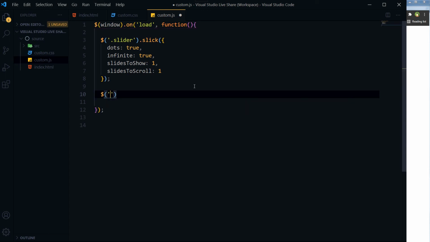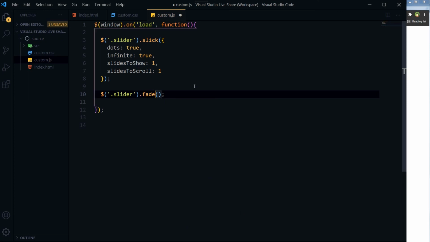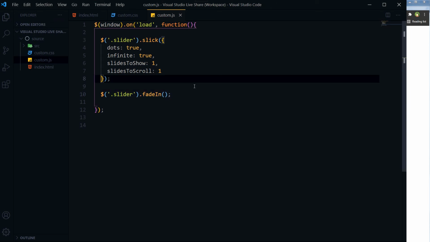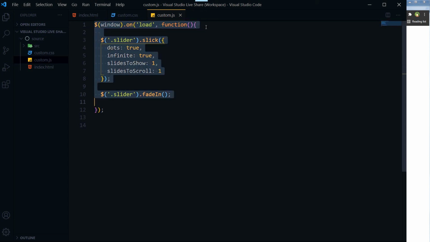Here we will display it, slider dot show, or you can use fadeIn, and this is after it is loaded. This window onload will be fired when everything on the page is loaded.